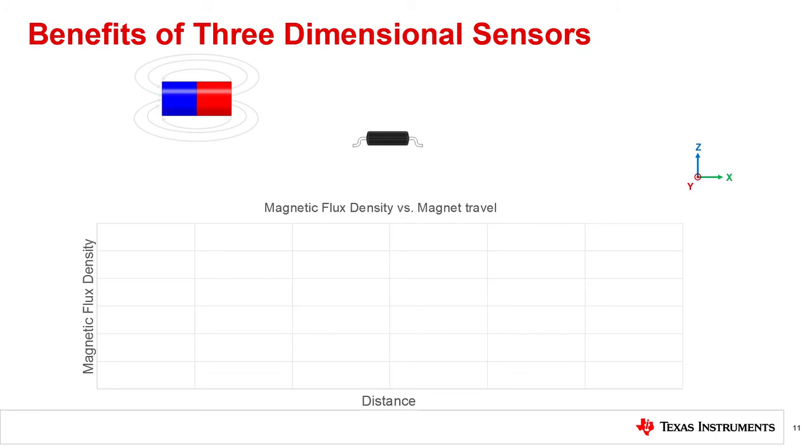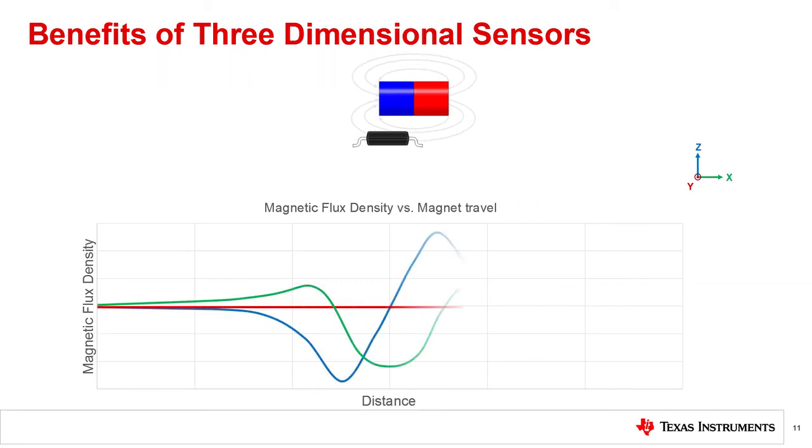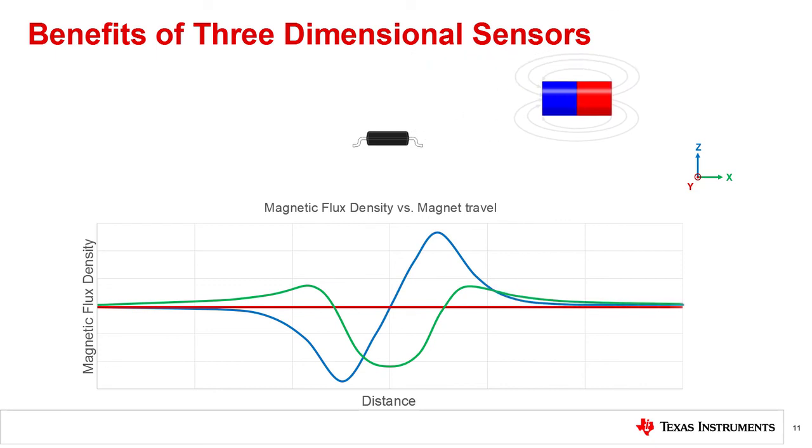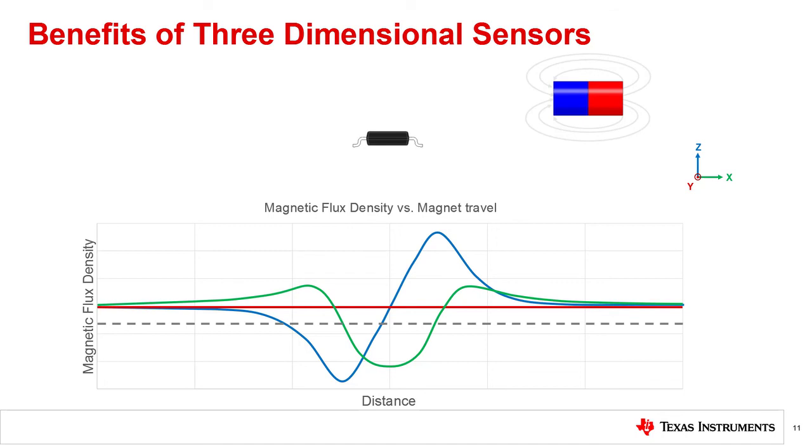When we revisit the linear sweep, we find that the X component provides more insight relative to the location of our magnet. With an expanded view of the vector, we can use the X component to define operating zones. If the X component is below the specified threshold, we know that the magnet is in the linear output region, and when the X component is above our threshold, we can now distinguish the approach or removal of the magnet from either direction based on sign and magnitude.